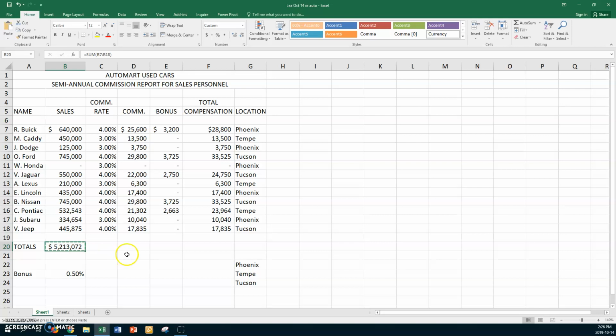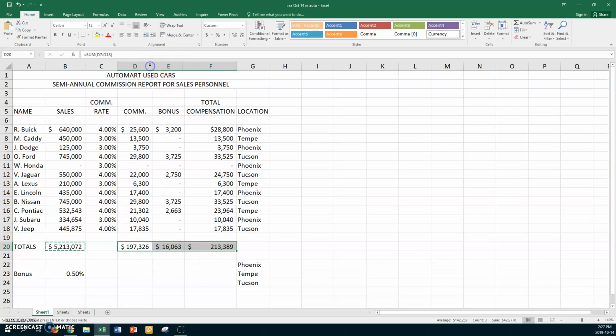Now go Control C, go across here, Control V. All right, and the dollar signs all came in, and everything has been added for us. All right, let's go Control S to save. Now the next part says